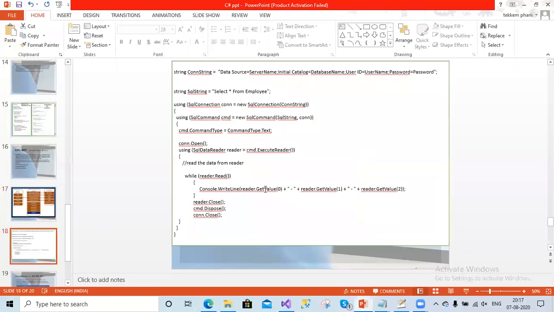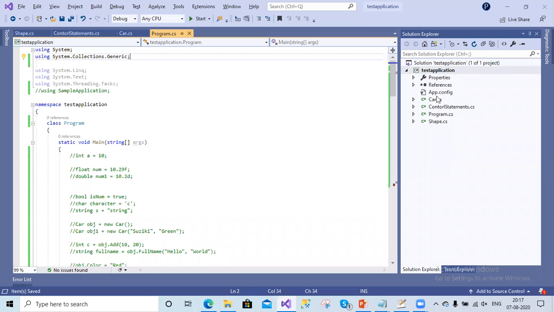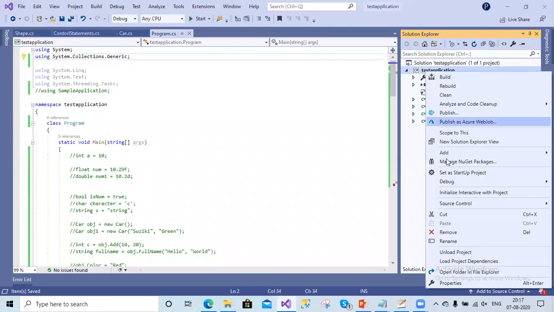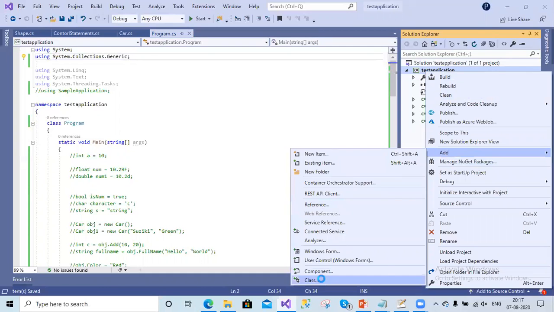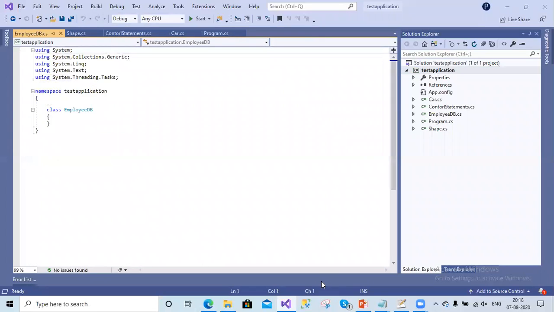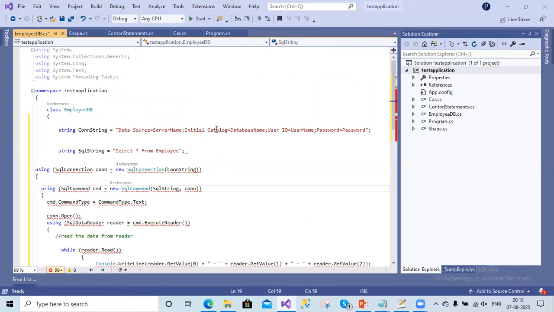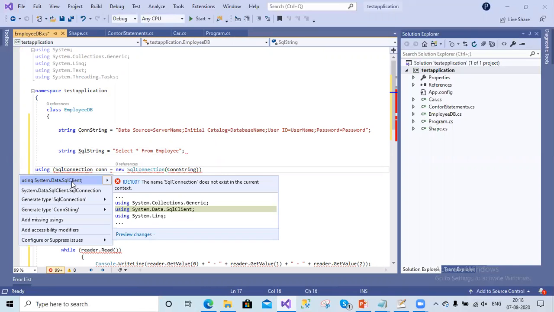Let's see a simple example. Let me create one other class. I'm creating a class called EmployeeDB. Now in a .NET application, if you have some errors or if you're missing some packages, you can simply use Control dot and you can get that package.